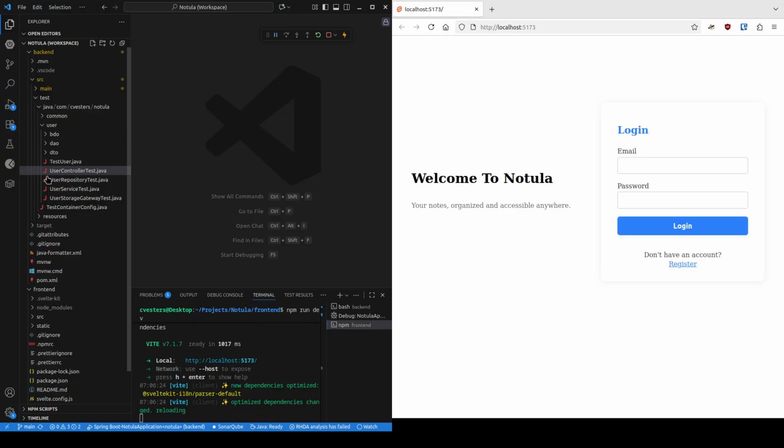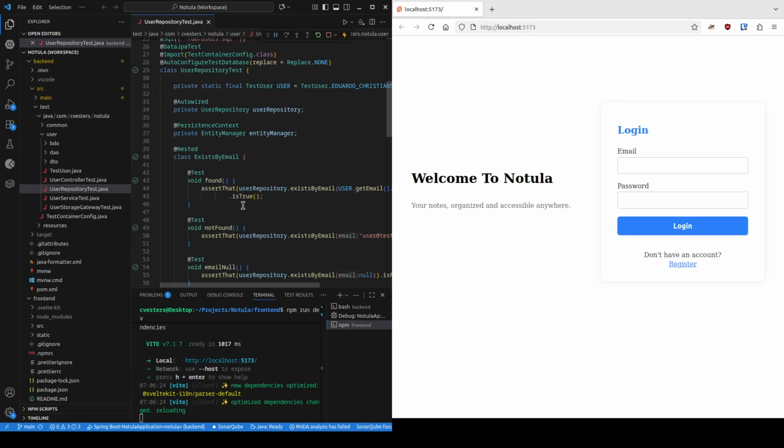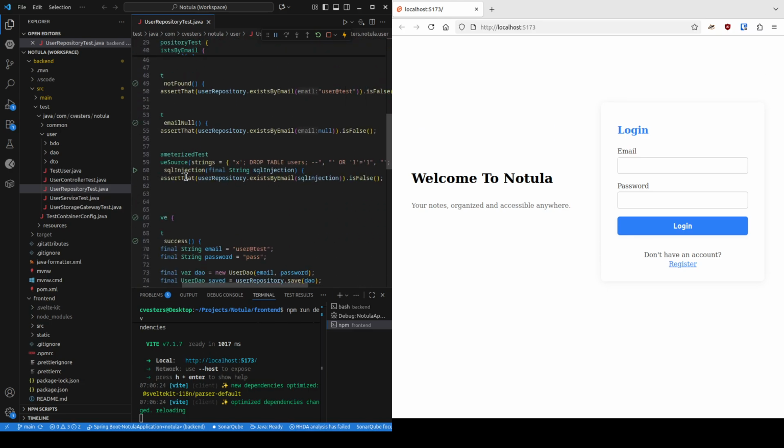I also added some tests for SQL injection, which you can see here. You basically try to say, oh, does this email exist, with a funky string which normally would do something you do not want in your database. For instance, this should install, where email equals, and then it would open the single quote and put in your email,